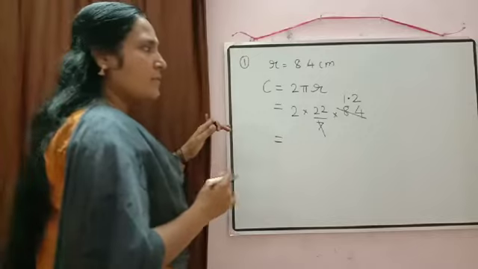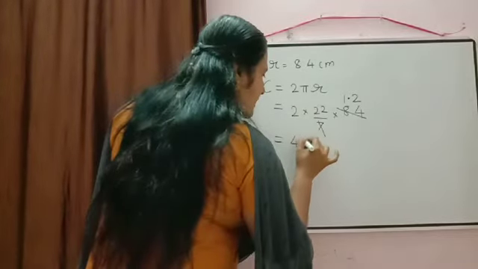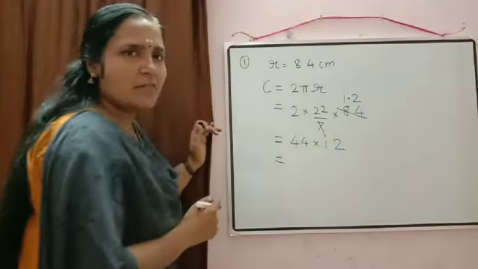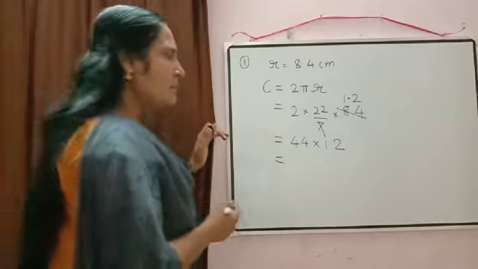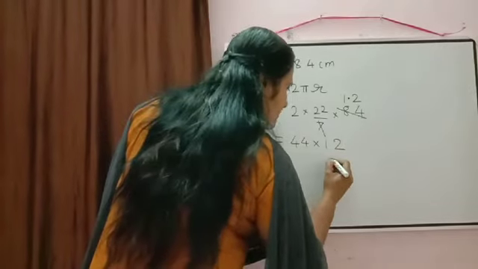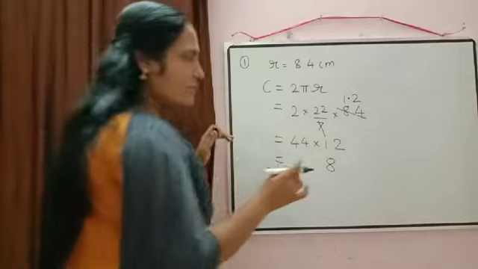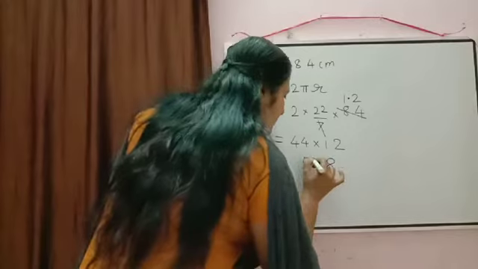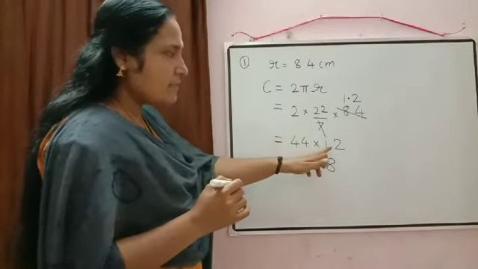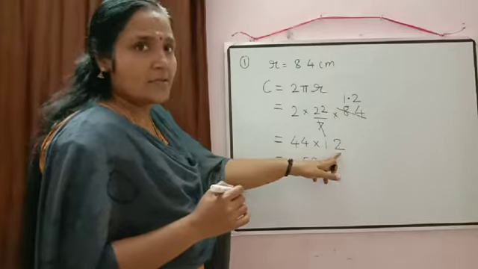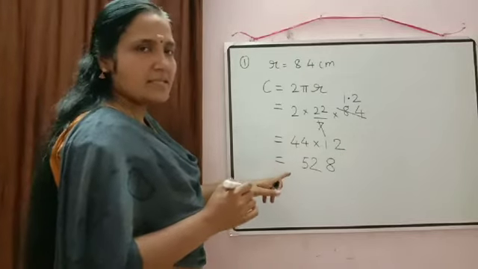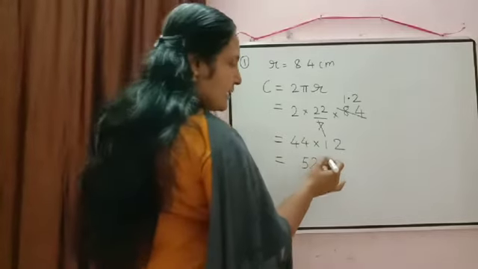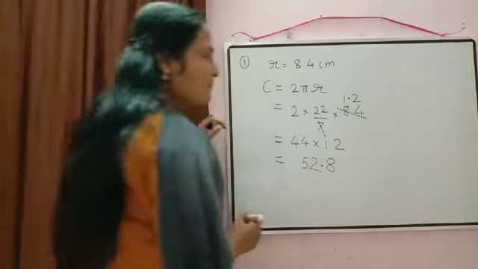Now we'll check the calculation. 22 into 2 can be written as 44. So 44 into 1.2. Multiplication of 12 we know, so directly we can do the multiplication. 12 fours are 48, carry over 4. 12 fours are 48, 48 plus 4 will be equal to 52. Now just to check, after the decimal sign we have one digit only, so in our answer also, only one digit should be after the decimal sign. Count the digit from the right hand side, one digit, and after that you can put the decimal sign.